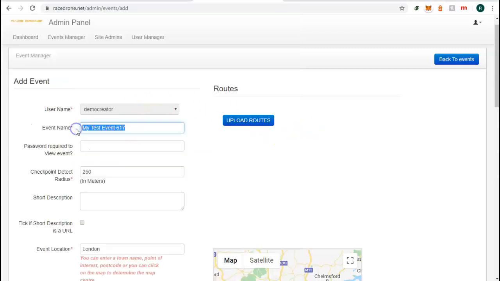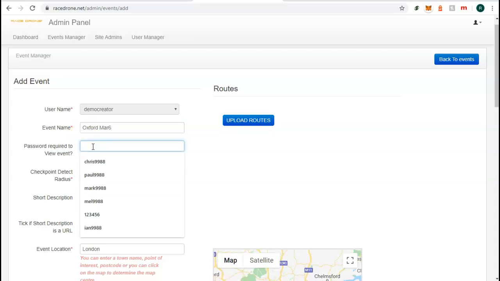So let's first of all choose a name. This will form part of the URL, so I'm going to make this reasonably short but something unique. Let's call it Oxford March the 6th. The password I'm going to set to Richard123456,